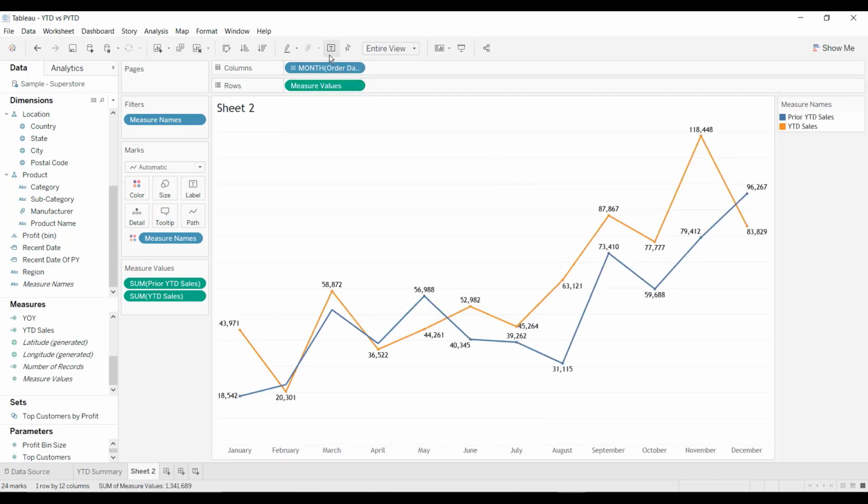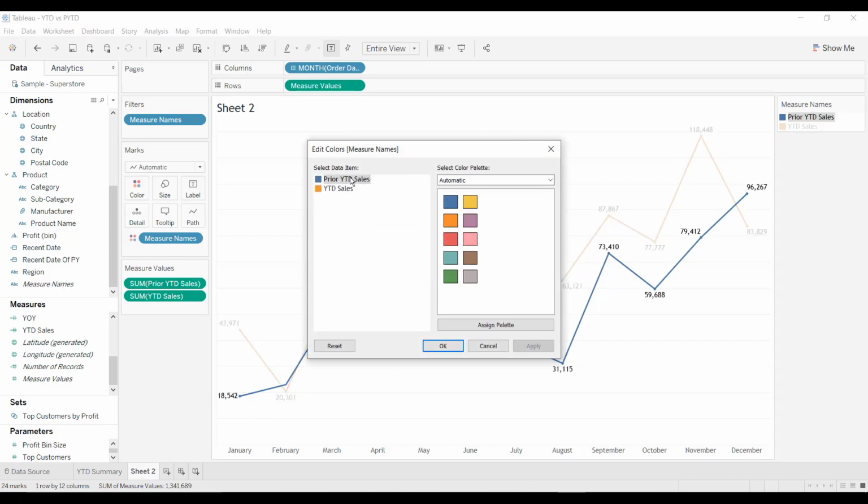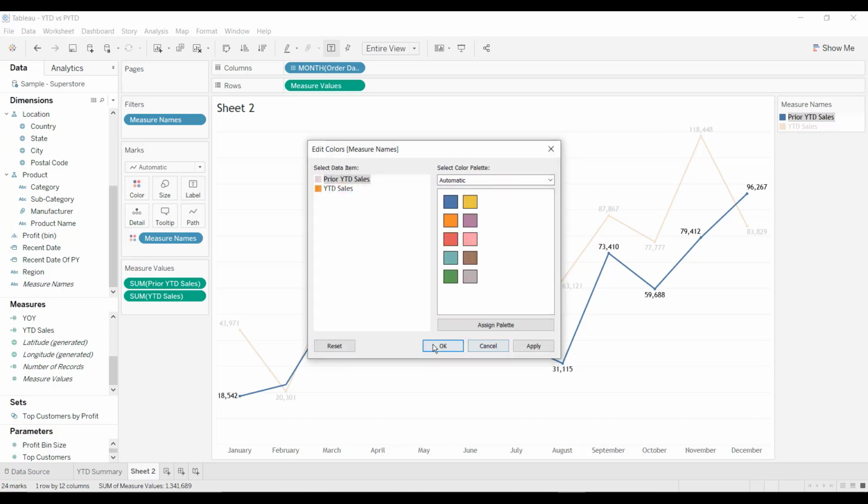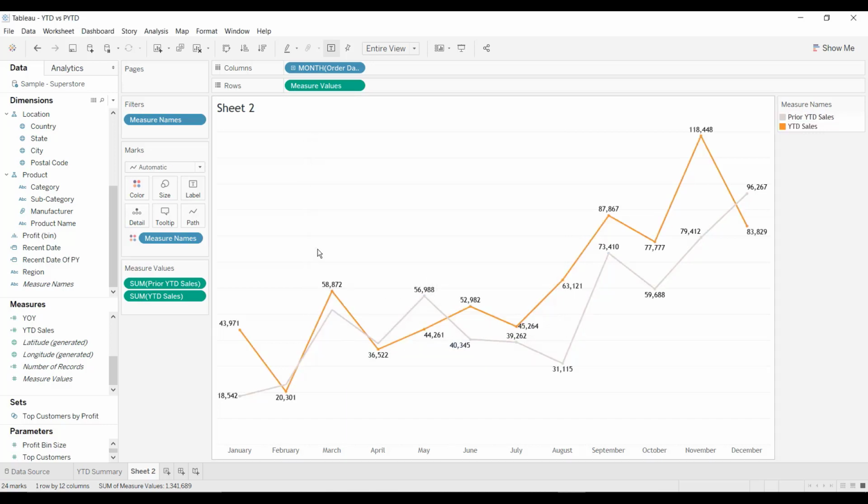Select text. Now I want to gray out or give this color for prior year till date. Okay, I want to give a little bit lighter shade. Click on OK. So here we have previous year till date value and current year till date value month on month.